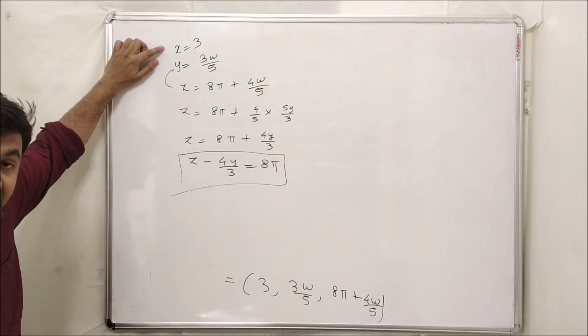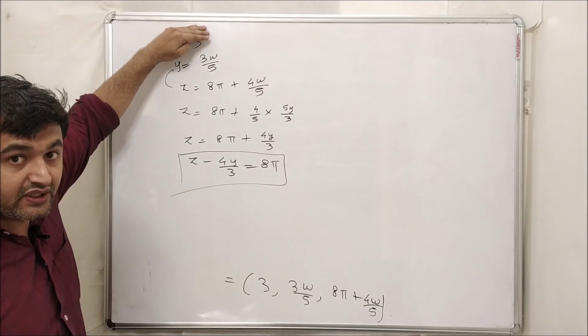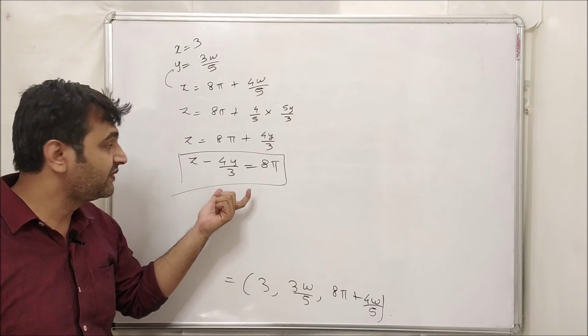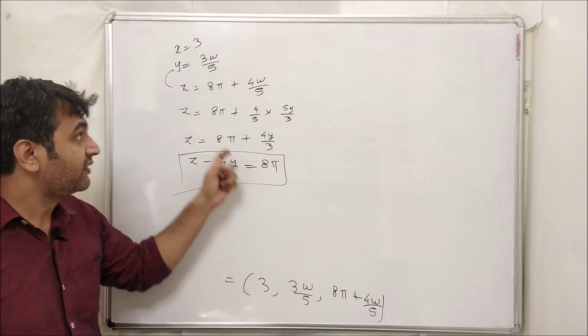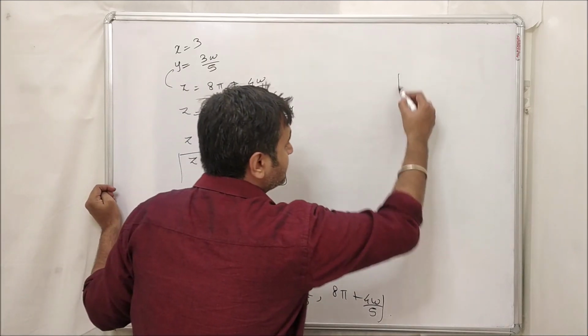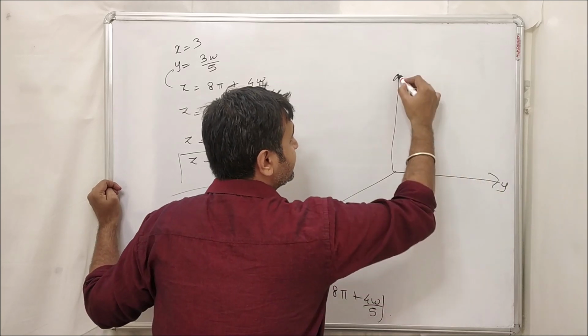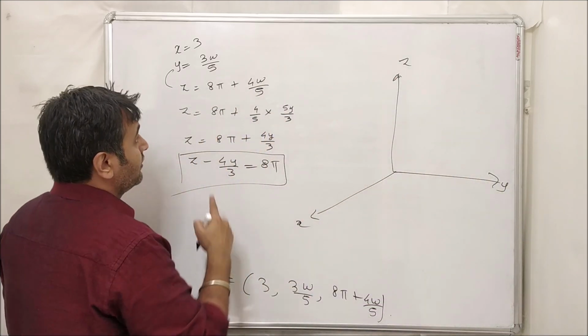x equal to 3 is fixed. So if x equal to 3 is not appearing in the relation, that means your line is in which plane? It is in the yz plane, but then you have to draw that in the x equal to 3 plane. Okay, so suppose, now what is the helix? Now this is my x, this is your y, and this is your z over here. What is the equation?